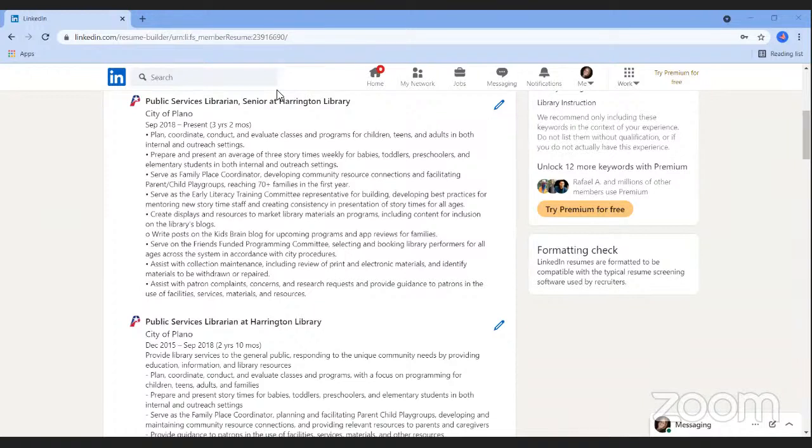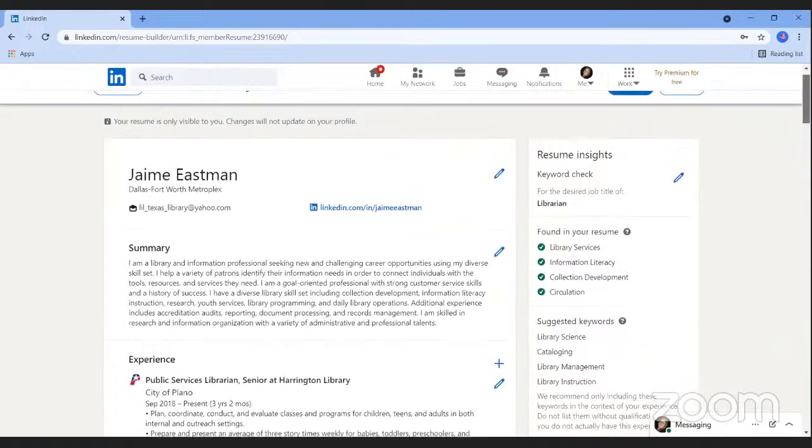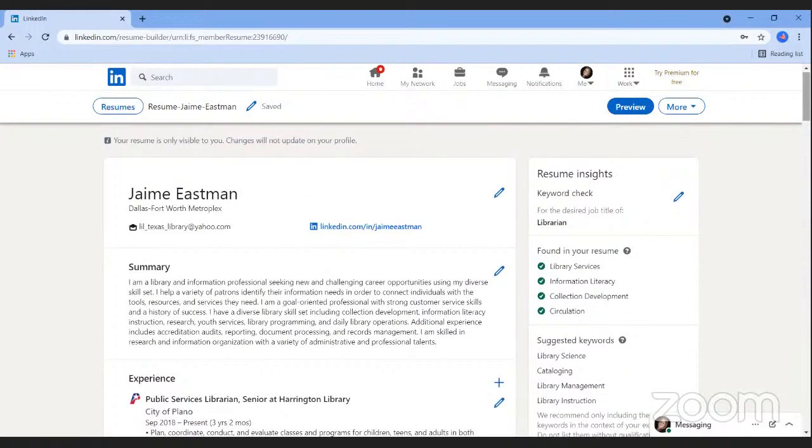All right. So the next thing that we're going to do is work through each of our resume sections. Some of these we can easily customize and some will have more restrictions. So let me go ahead and scroll back up to the top of my page. We'll just start at the top and work our way down through each of these sections. So the very first thing that you're going to see at the top is your contact information.